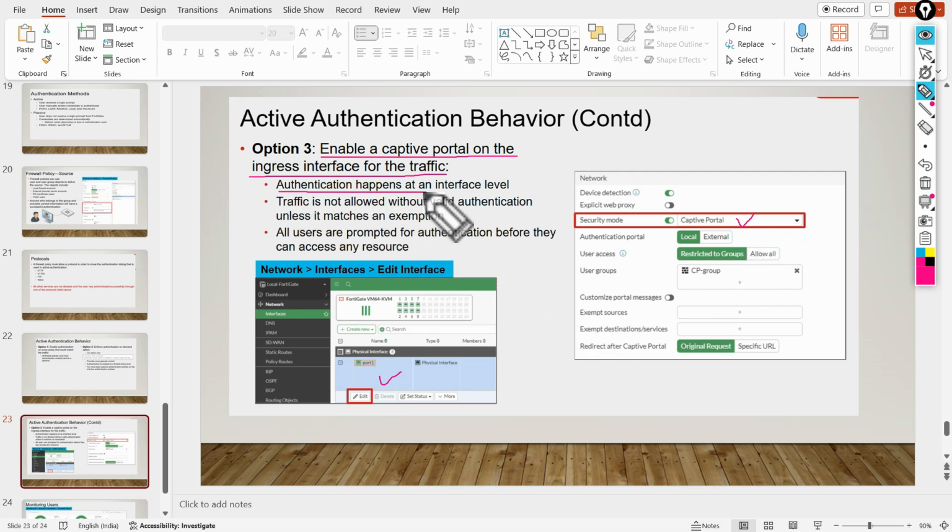Authentication happens at the interface level. Traffic is not allowed without valid authentication unless it matches an exemption. All users are prompted for authentication before they can access any resource. Any user trying to access the network will be prompted for authentication at the interface level only.